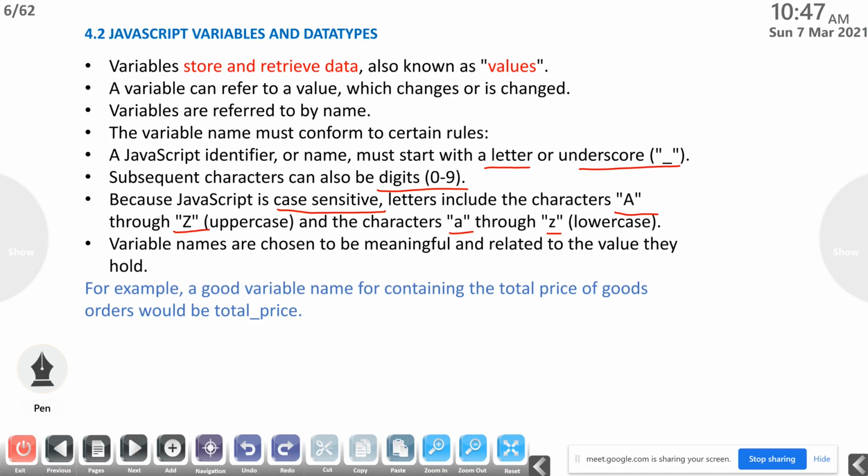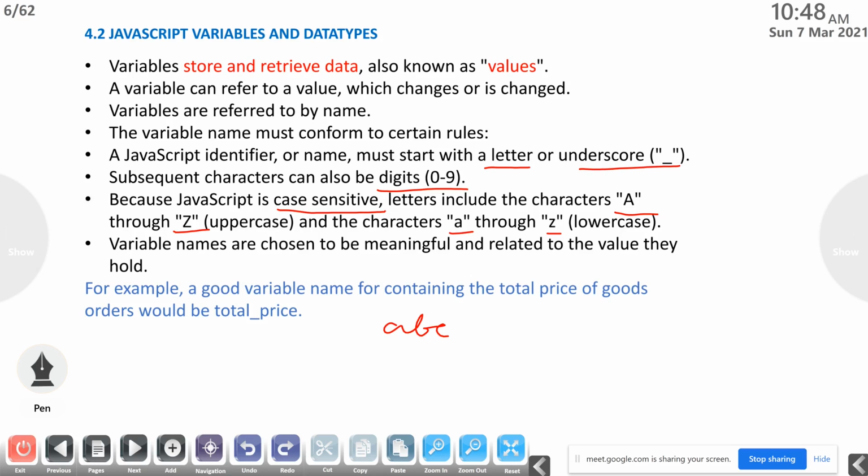So variable names are chosen to be meaningful and related to the value that they hold. For example, normally we are using ABC. But if you are calculating the percentage of marks, we should give the variable name as percentage or percentage mark. That is the good practice for giving variable names.